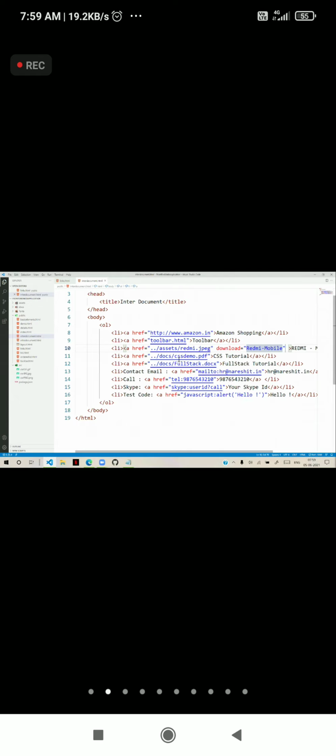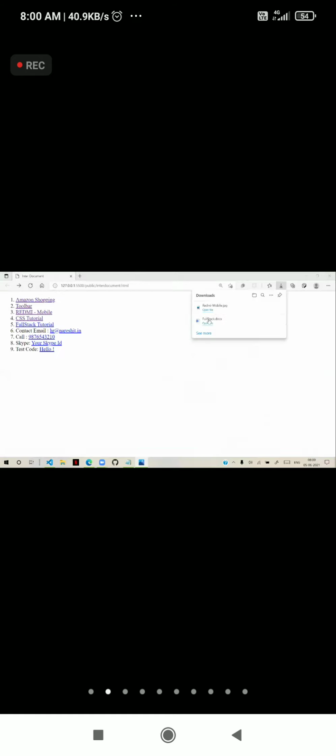So now you can see here, when I click on that readmi mobile link, previously it was able to open it. Now when I click on this, it will download it by the name I gave. So readmi mobile JPG, it will download that file.